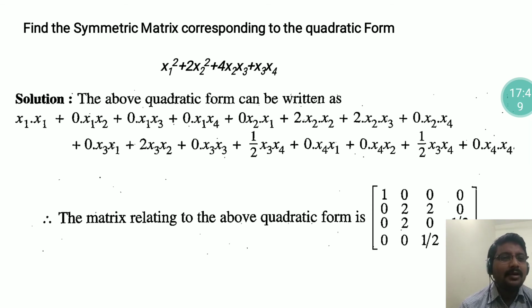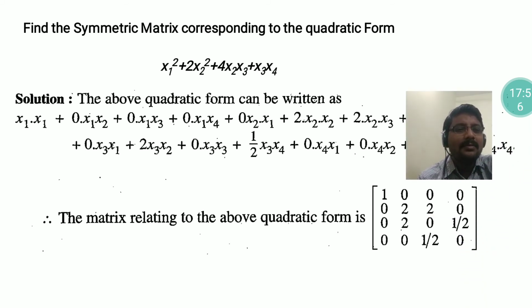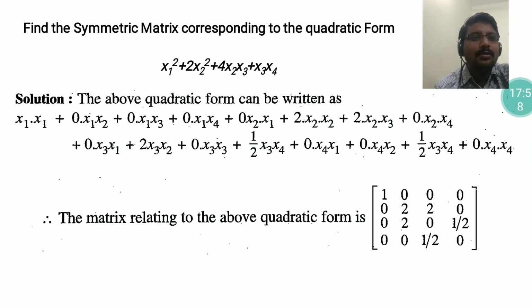and the matrix related to the quadratic form, that is X transpose AX, is like this. So it is the matrix related to the quadratic form. Above means a matrix with row elements x1, x2, x3, x4 and column elements also x1, x2, x3, x4. We have to define the matrix like this. The principal diagonal elements are the coefficients of x1 square, x2 square, x3 square and x4 square.